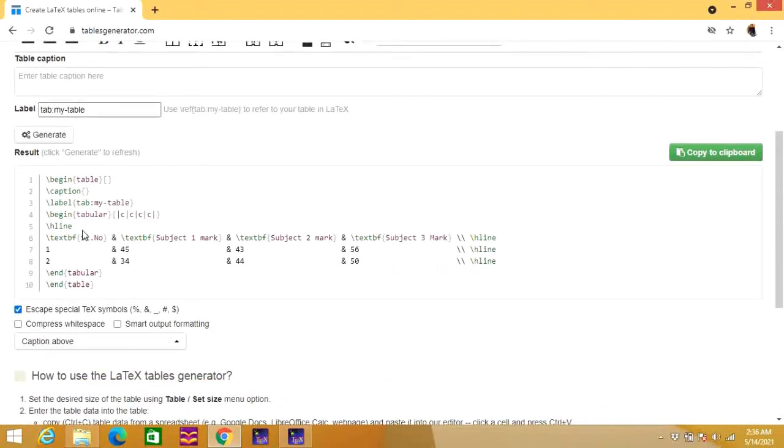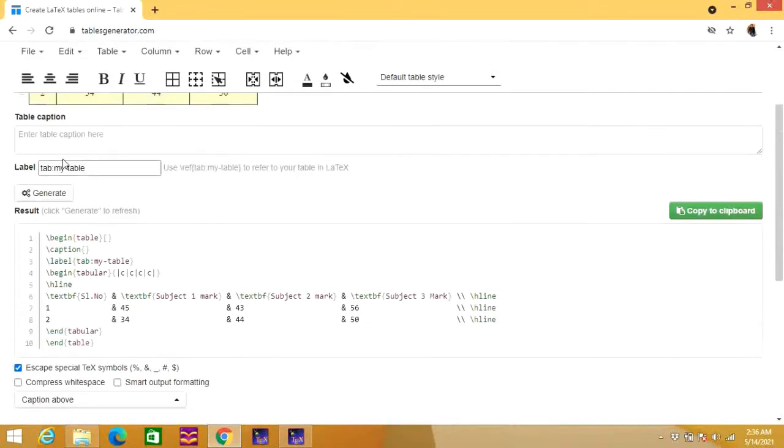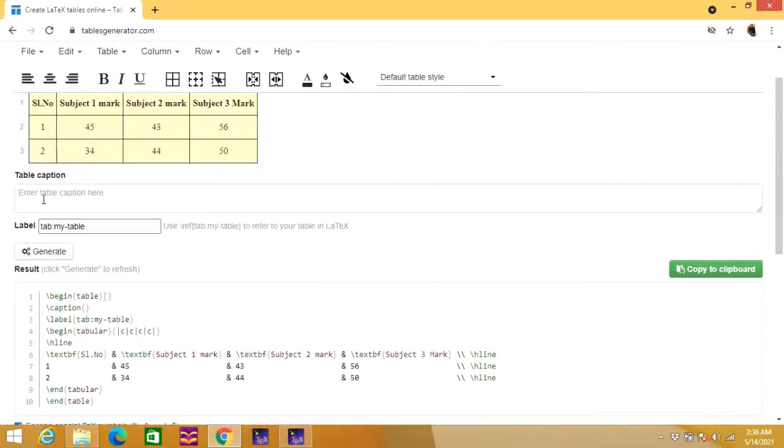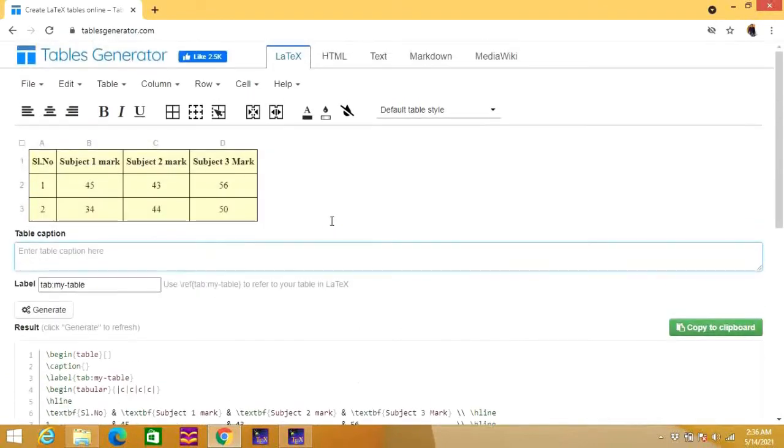So here it is coming as caption. Here you need to write the caption of your table, which is my first table in LaTeX.